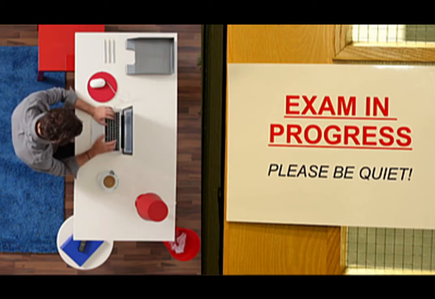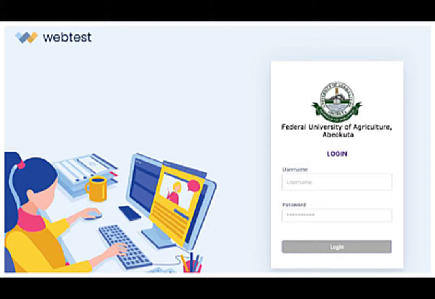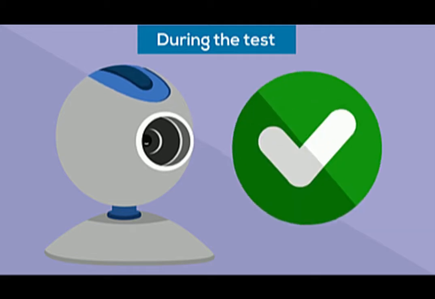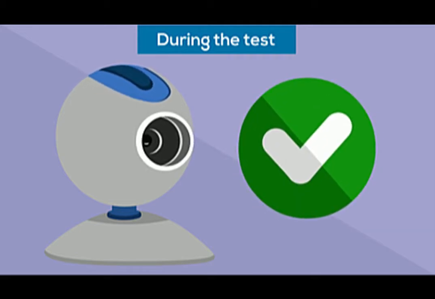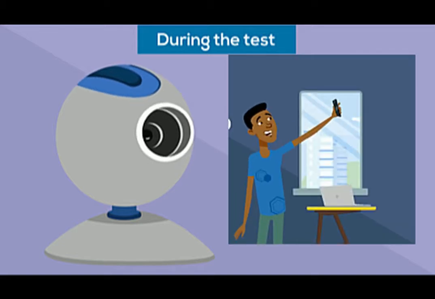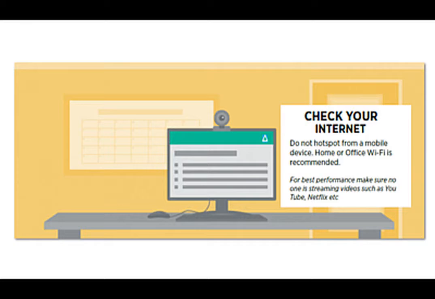It's a quick overview of what you can expect with your scheduled post-UTME exam. One of the very first requirements for the FUNAB post-UTME exam is you need access from a desktop or a laptop computer with a functional webcam and microphone prior to your scheduled exam. And for optimal experience, avoid the use of mobile phone for the exam. You also need a reliable internet connectivity, and also you need an uninterrupted power supply.